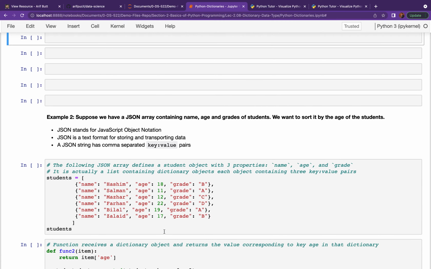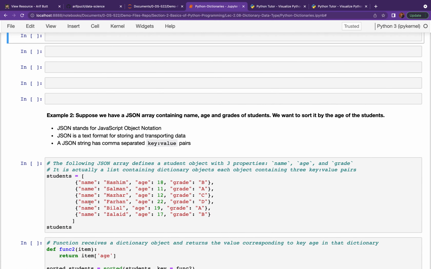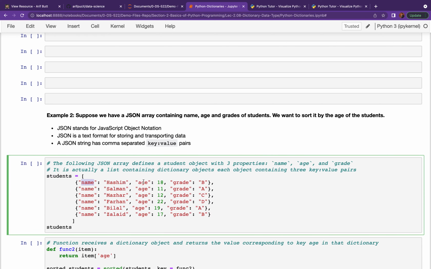Okay, let's see another example. Suppose we have a JSON array containing name, age, and grades of students, and we want to sort it by the age value. Well, remember, JSON stands for JavaScript Object Notation, and this is a simple list.